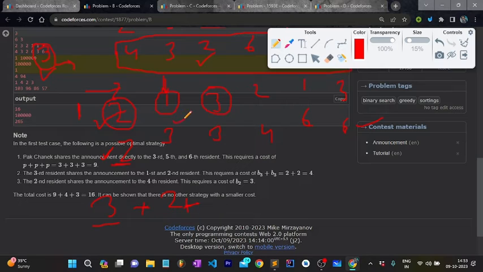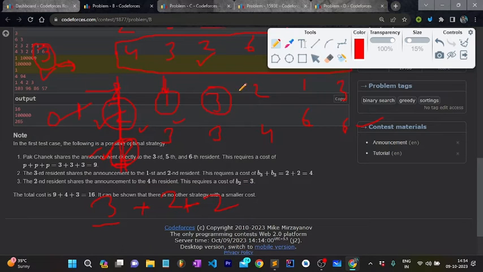We can either take announcement from this person, or we can directly take from Park. Now the one which is giving us the minimum cost, we will take announcement from that person. This is costing us 2, which is minimum. Now the limit has been exceeded here. Now this person can't share announcement anymore, so we have to remove this from whatever data structure we are